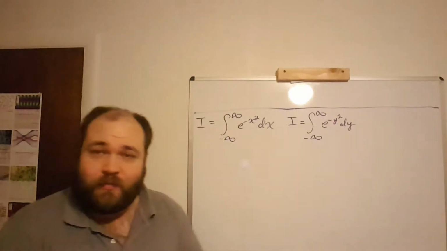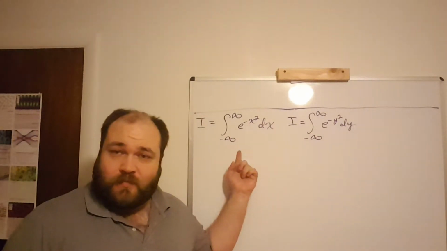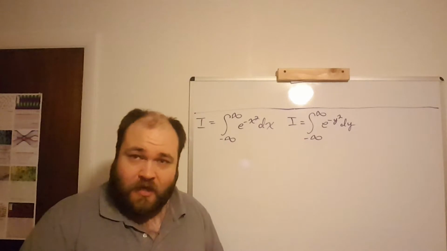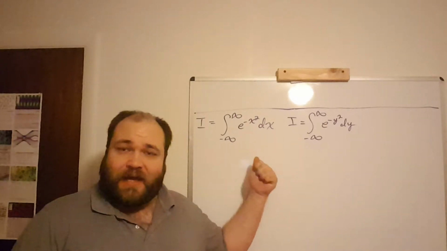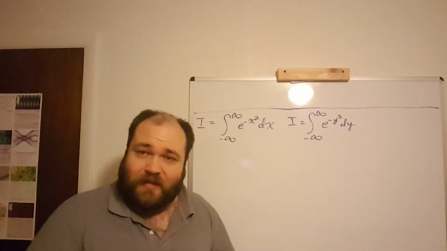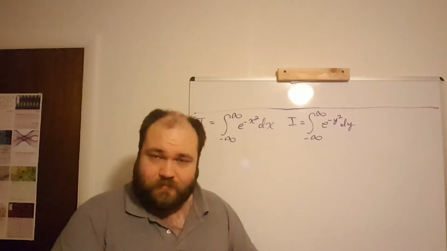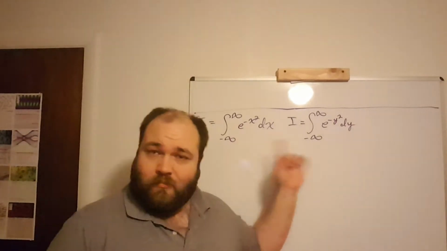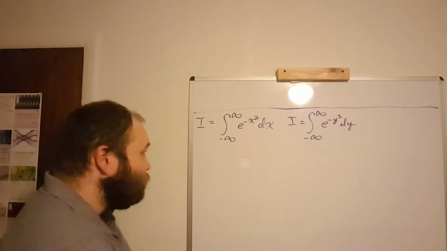So now we know that both of these integrals are going to have the same value, because there's nothing really special about x and y other than the fact that they are different variables. So now, multiplying these two together,